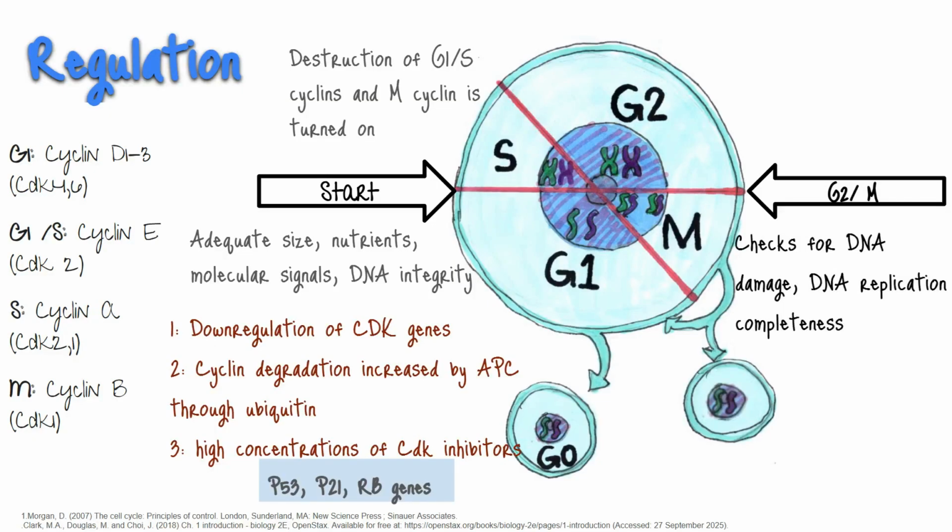If the cell fails to complete DNA replication, for example, a negative signal blocks the initiation of mitosis. This is the G2/M checkpoint, by the way. About M CDK produced in S, the abrupt removal of this phosphorylation leads to the activation of all M CDKs. These then trigger progression through the G2/M checkpoint. The G2 checkpoint checks for DNA damage and DNA replication completeness.